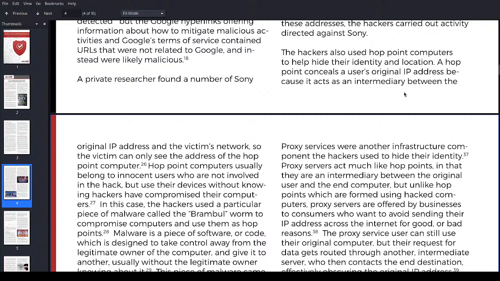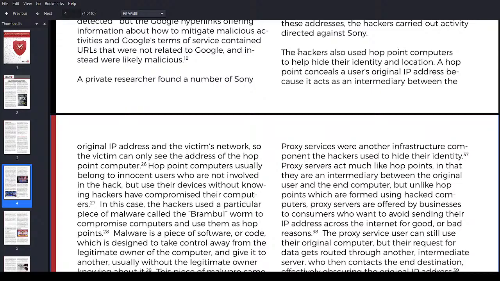So, as we were reading earlier, it seems like these hackers exploited other computers on the internet, and they were using those exploited computers as hotpoints back to the home base, which is North Korea.